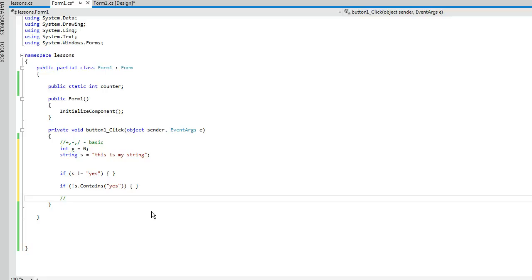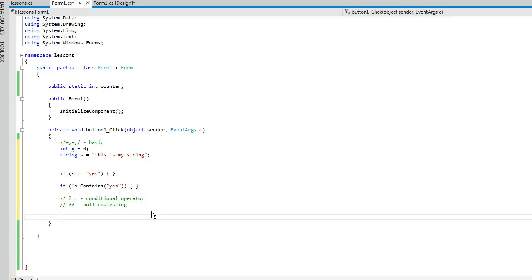There's a couple more that I want to talk about. And this one's called the conditional operator. And this one right here is called the null coalescing. So the conditional operator is pretty cool because it's basically just like an if statement, but it's generally done